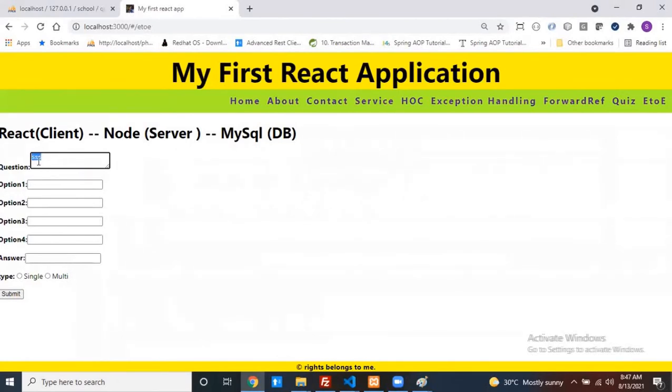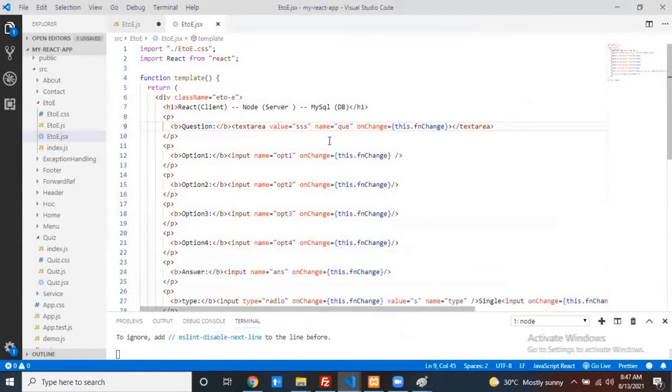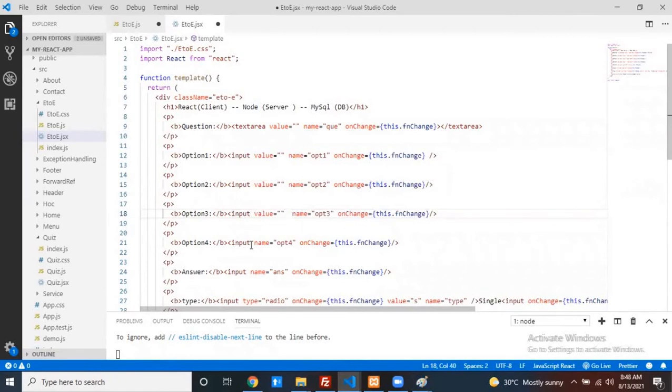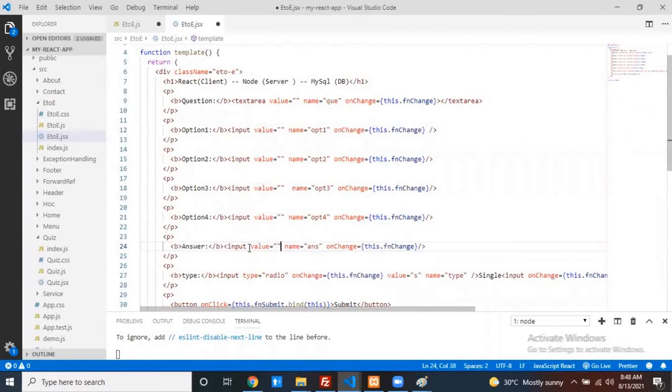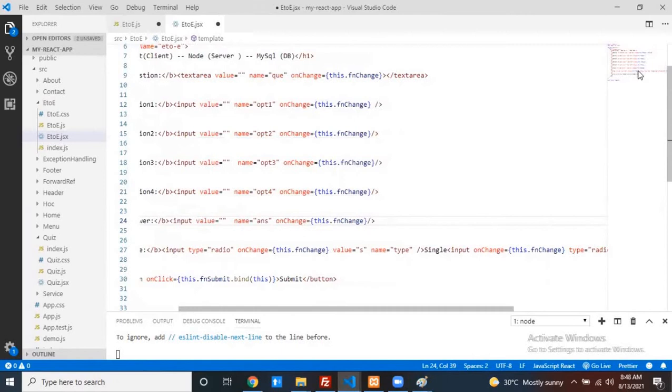Now, instead of SSS, what do you want me to set once my operation is completed? Empty or not? You have to set it empty. That's how to do it. So the value attribute is required. By default this value should not be empty, but whenever my operation is completed, I want to make this particular one empty.